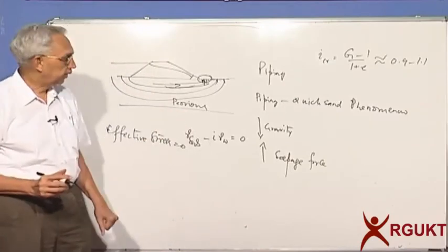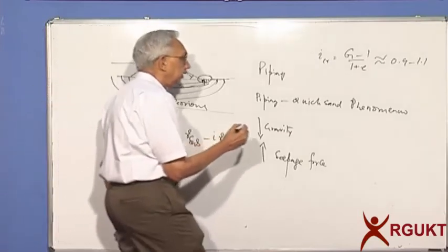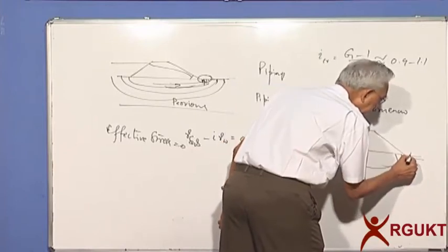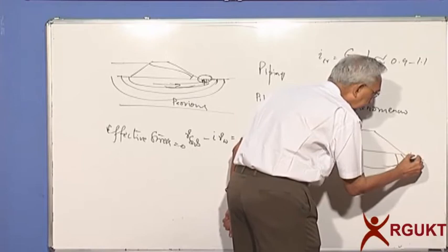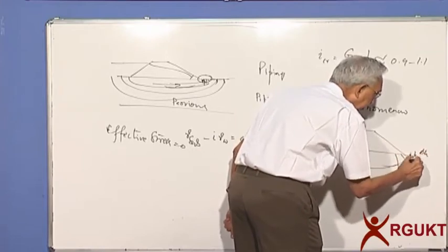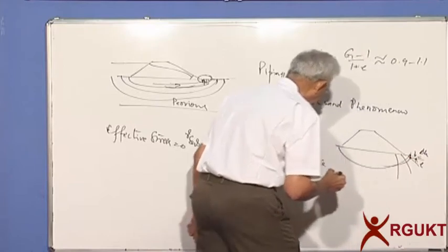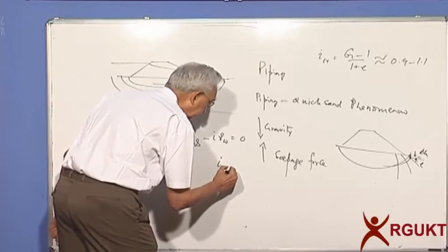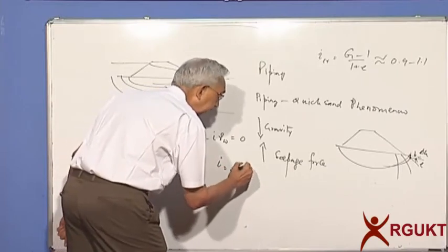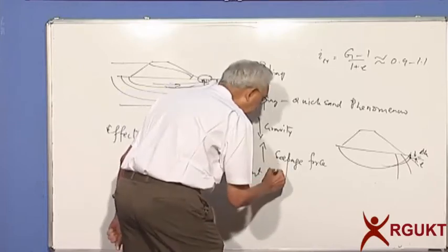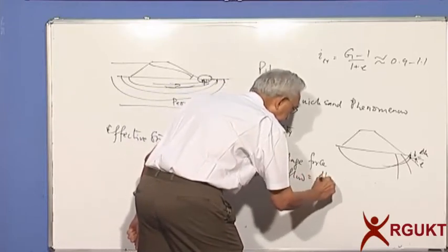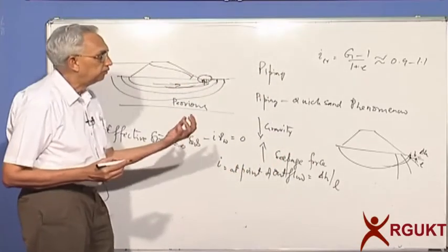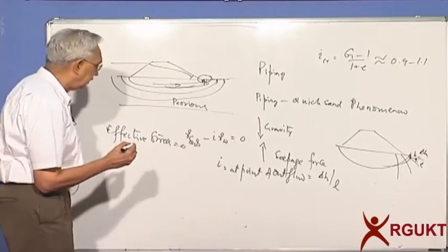So how do we do that? Again, if you draw the flow net here, let's look at what is happening near the toe. So what we'll have to find out is what is the head here and what is the head there. So you know the head difference, and what is the length between the two, L. So I calculate the gradient for the element closest to the surface at the point of outflow, i equals delta H by whatever is the length. So that i is the gradient with which water is coming up,